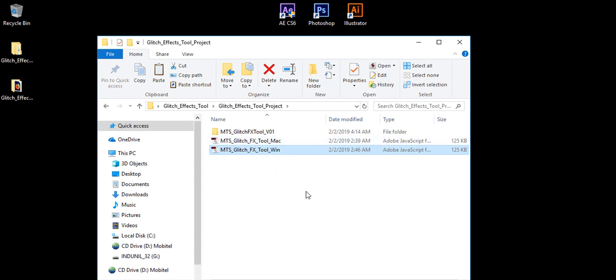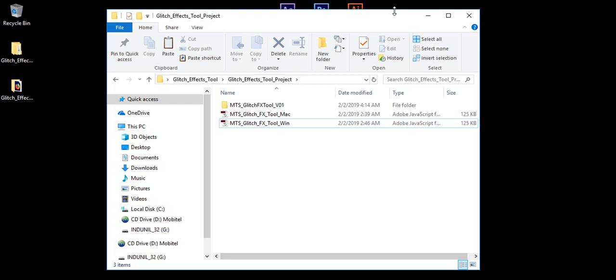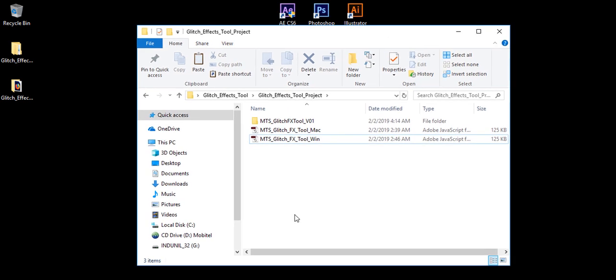Choose whichever one you want to use, depending on your system. Now, I'm on a Windows machine, so I'm going to select this folder and this script too. If you're on a Mac, these 2 should go into, let me copy it, Control C,